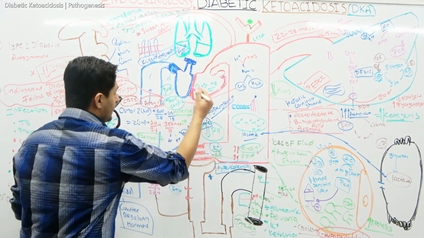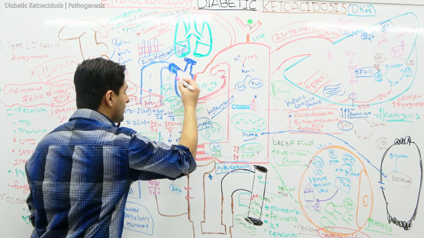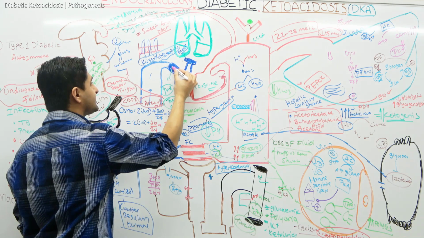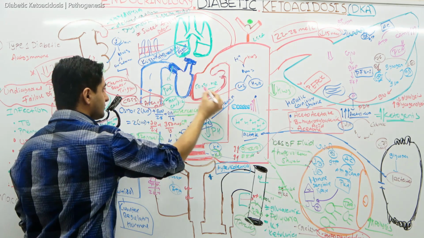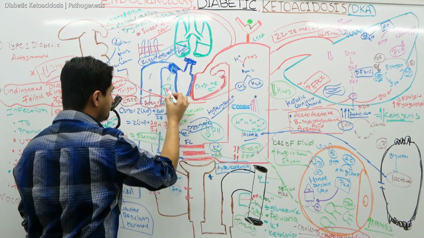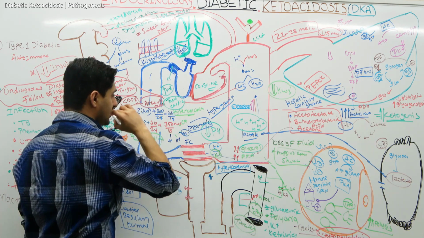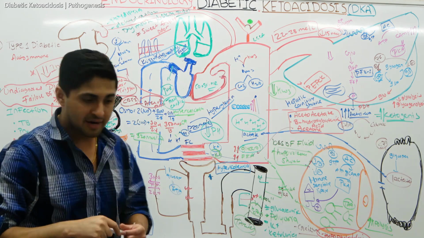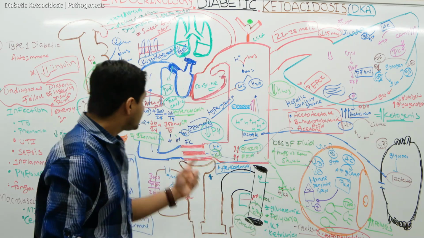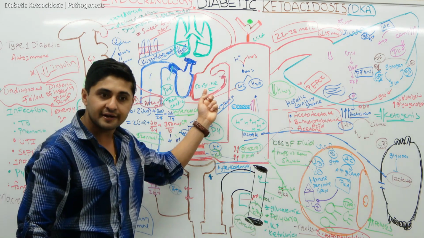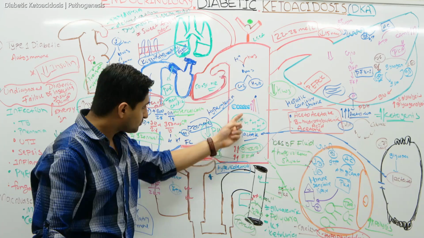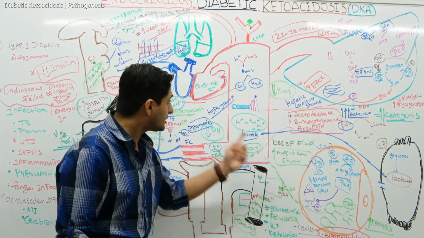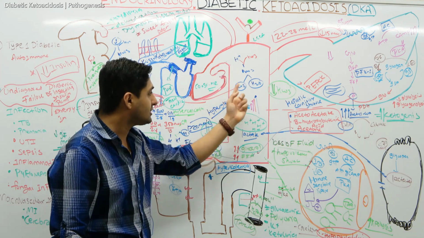And that is going to enhance the activity even more, because there's a decrease in blood volume, and then there will be more increase in heart rate. That is going to be tachycardia, and then they will try to increase the contractility in that pathway too, by increasing the cardiac output. But remember, in spite of them continuing to increase the cardiac output, they still are not able to compensate.